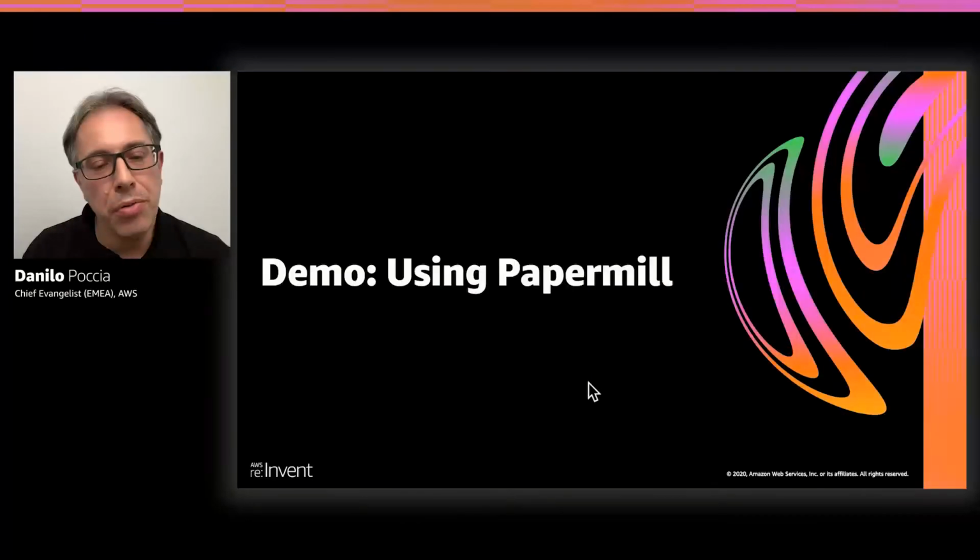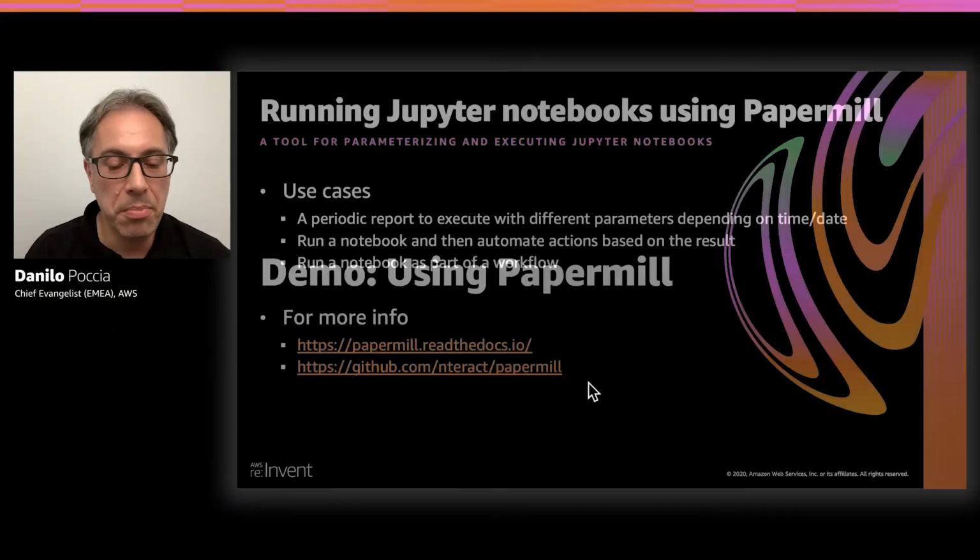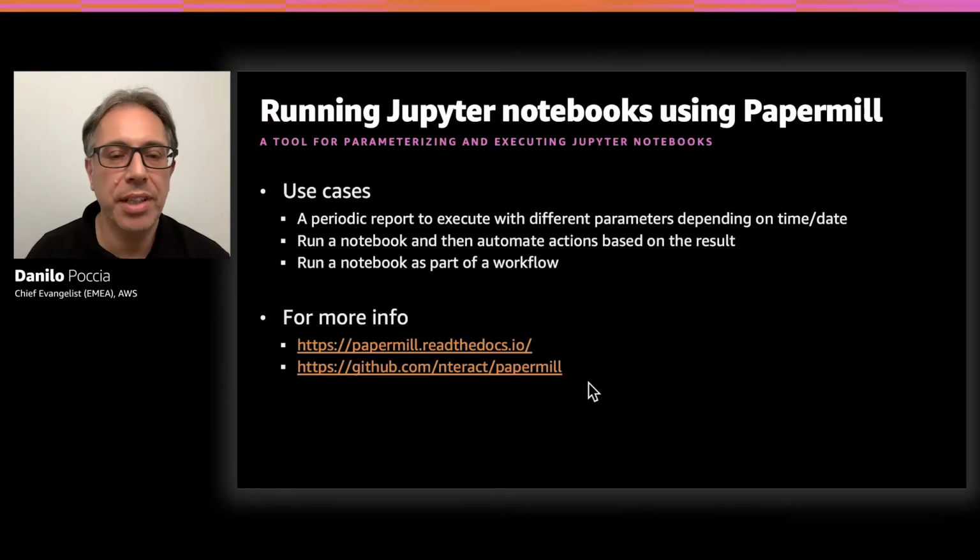Finally, I'd like to show you how you can use Papermill within a Lambda function. The idea is that most of the interactive exploration and analytics is often done in Jupyter notebooks by maybe a data scientist. But then you want to execute these notebooks. You can flag some cells of these notebooks as parameters. And then when these cells are flagged as parameters, you can pass the parameters and the notebook to Papermill for